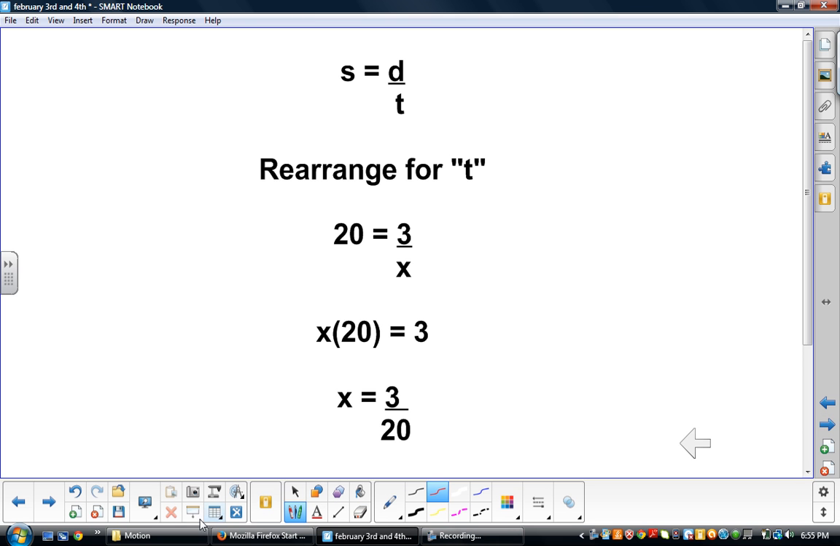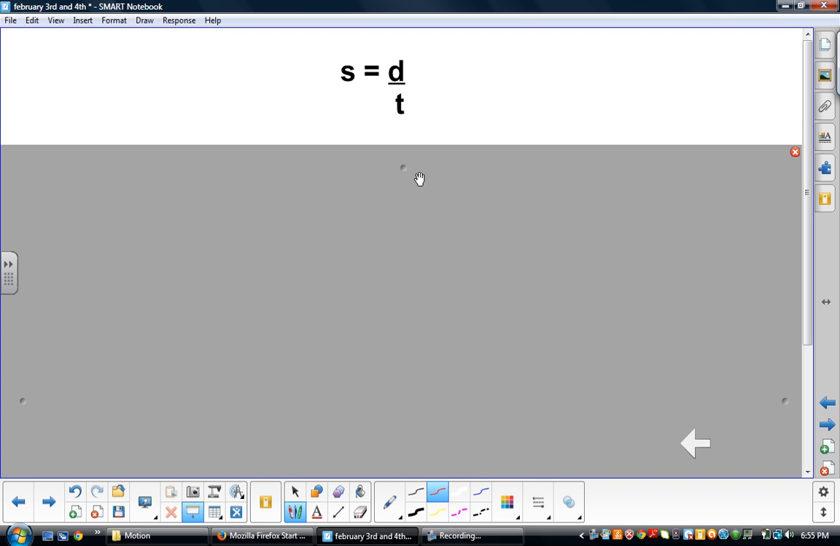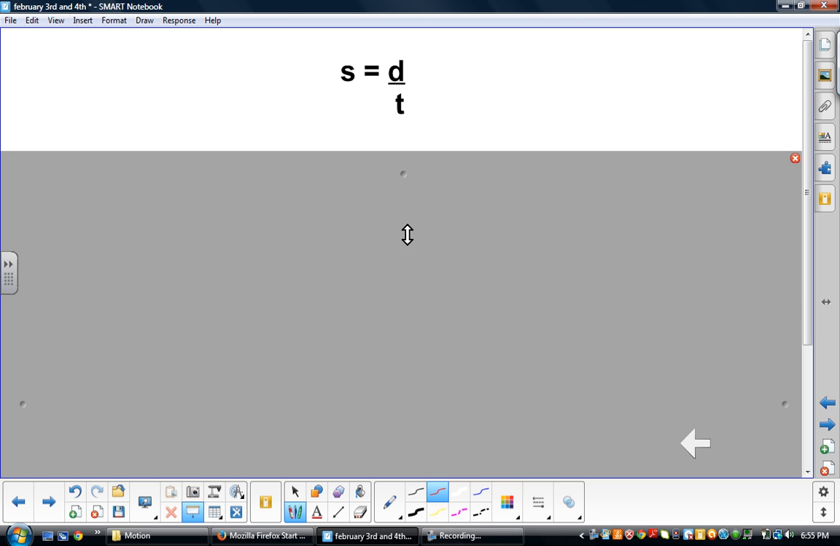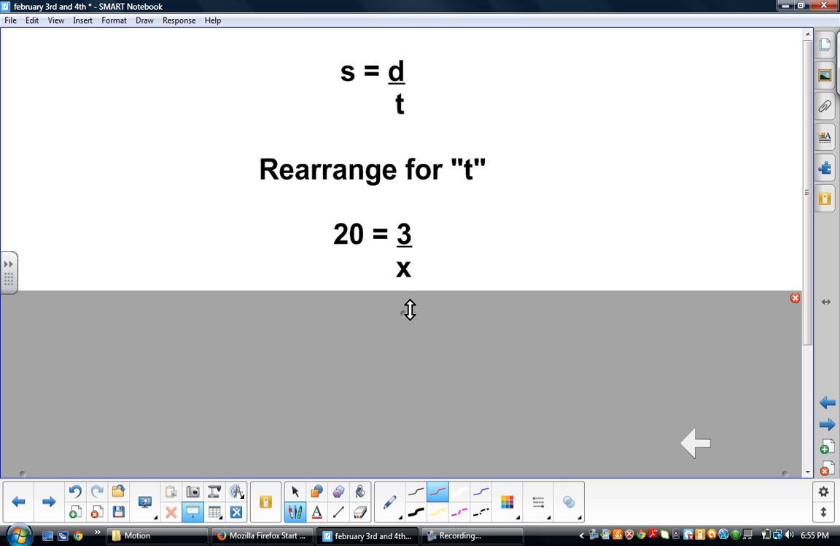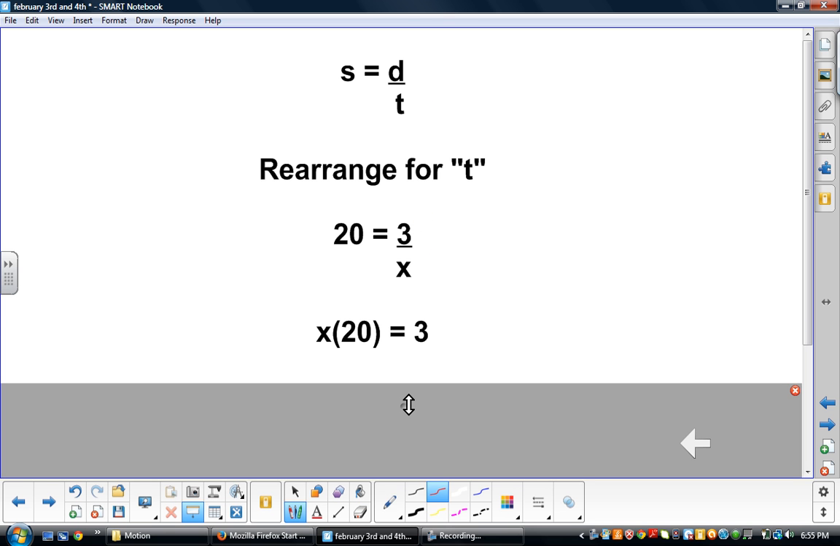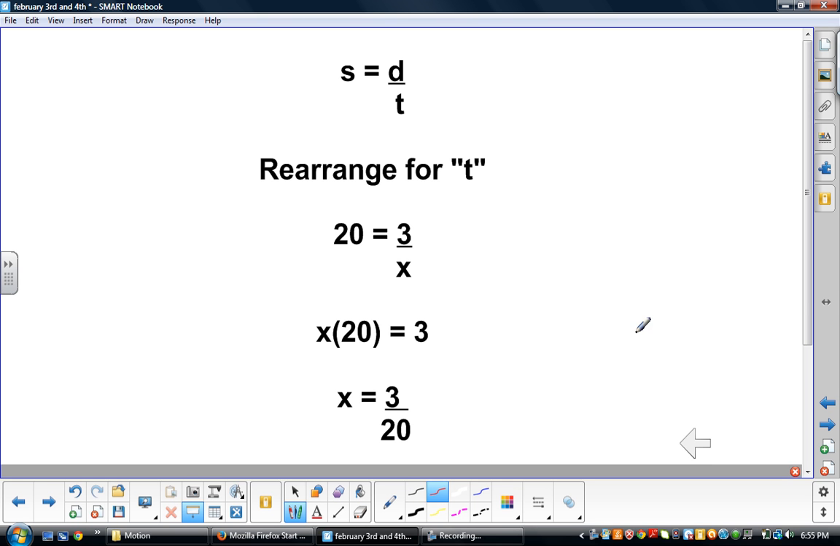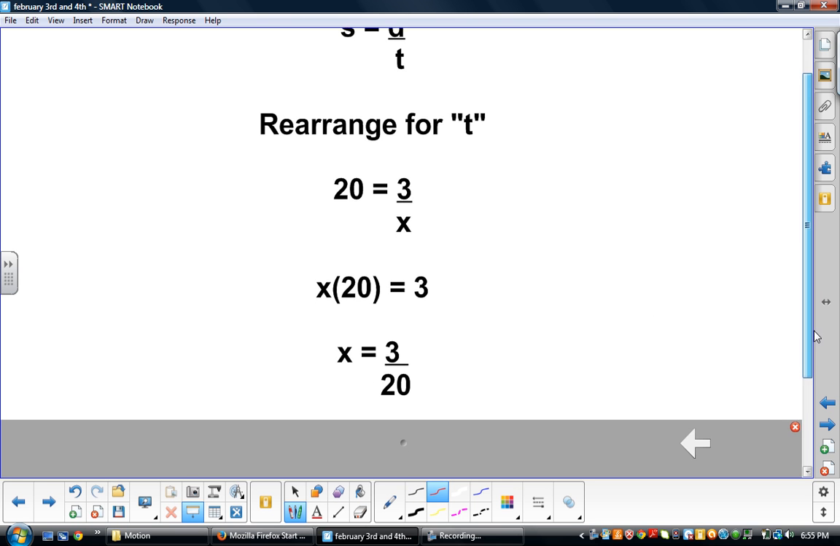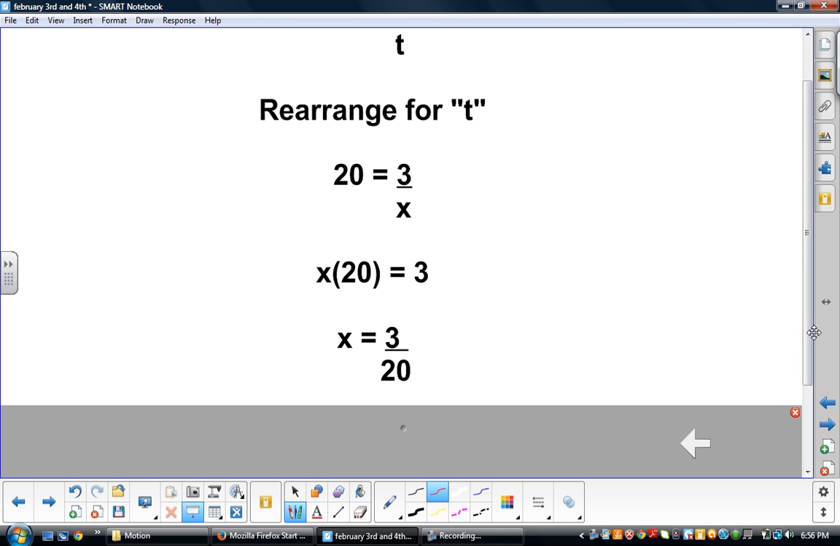Let's now take our problem with 3 variables. Speed is distance divided by time, and I've asked you to rearrange this equation for time. You're going to do the same thing that you did when you had 20 equals 3 divided by x. So the s is like the 20, the d is like the 3, and the t is like the x. Right? Just like we multiplied both sides by 20, multiply both sides by x and then divided by 20,